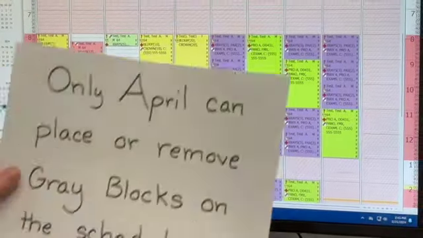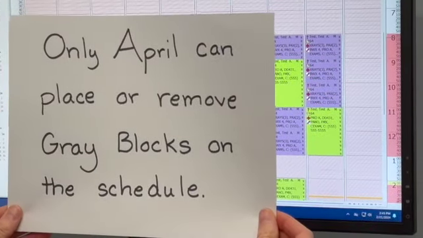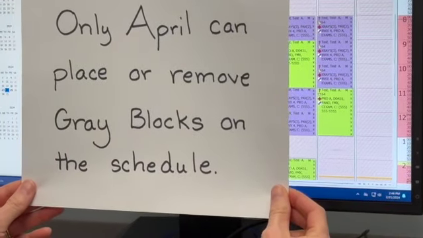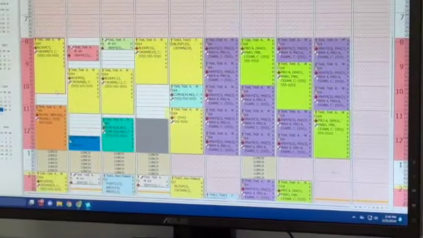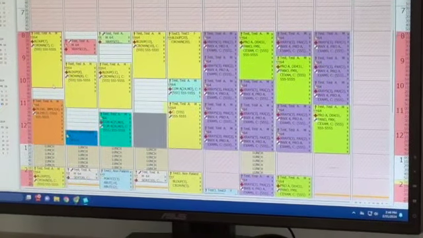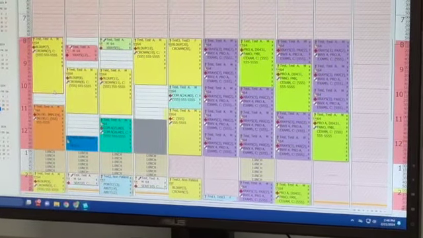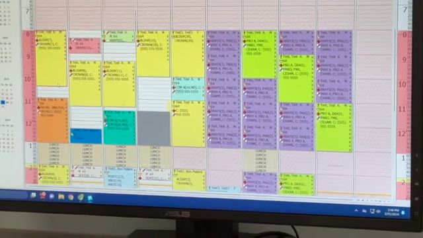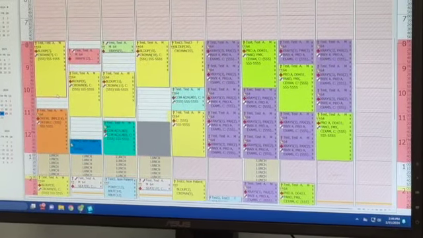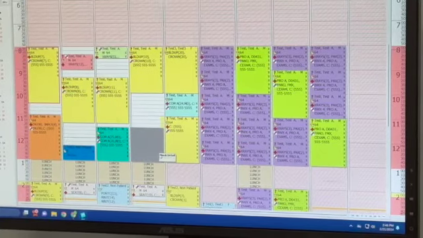Okay, this one here. Only April can place or remove gray blocks on the schedule. So April is constantly looking at the schedule. She's looking at making the schedule productive. She's also looking at helping to make the schedule doable. Like I mentioned before, she's putting gray blocks